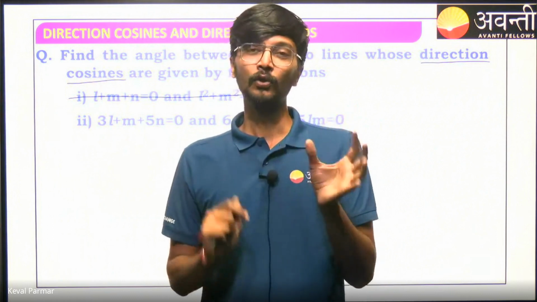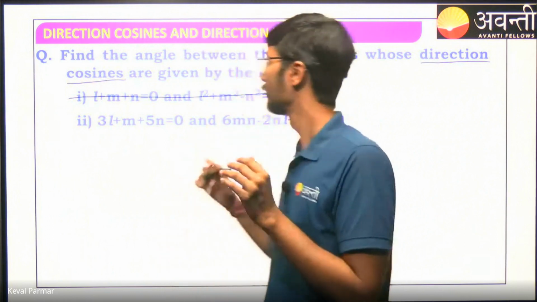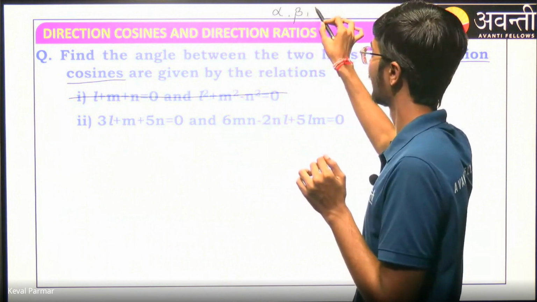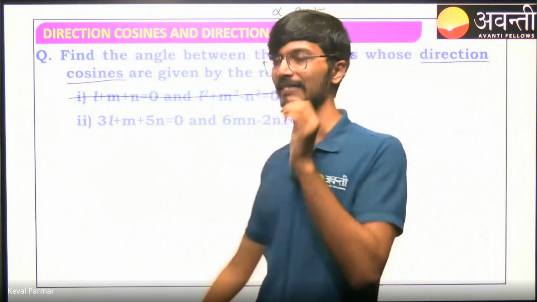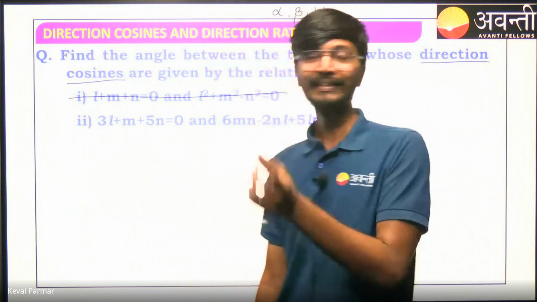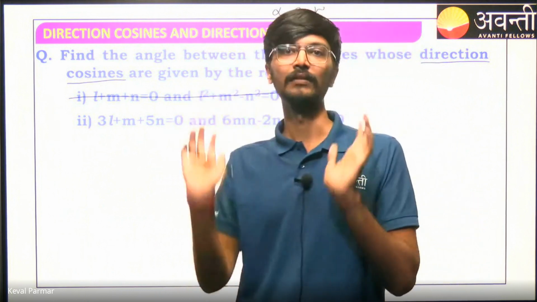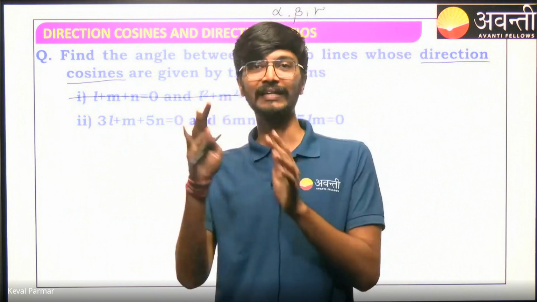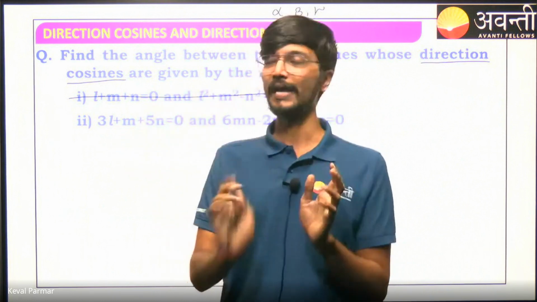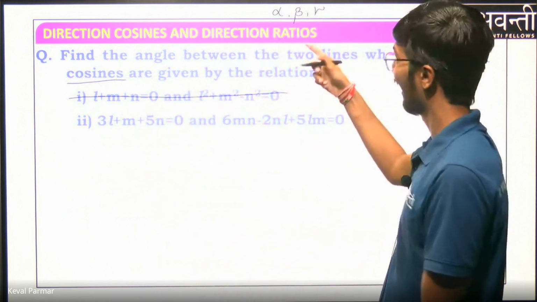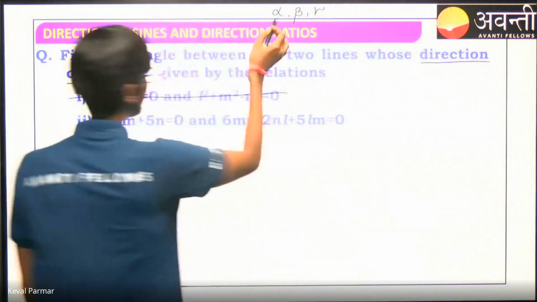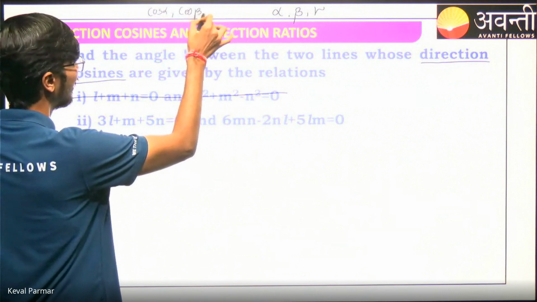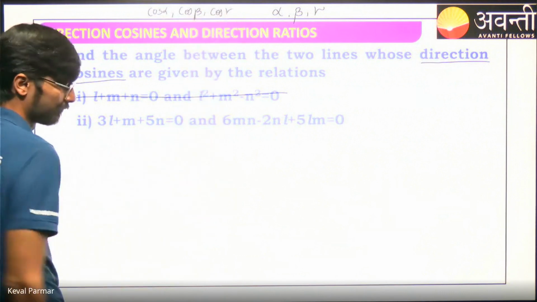Let's say the line makes angle alpha with x-axis, beta with y-axis and gamma with z-axis. So these are called direction angles. Let me repeat. Angles the line makes with x, y and z axis are called direction angles and their cosines, that means cos alpha, cos beta and cos gamma,